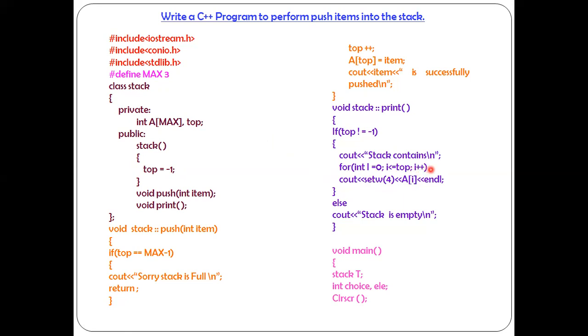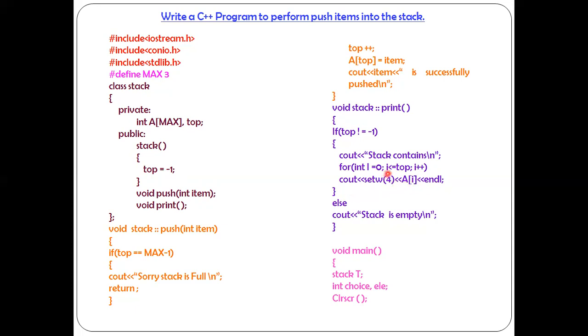Again, it goes to the for loop and i gets increased by 1. Last time it was 0 and this time i becomes 1. That updated value must be compared with the condition: 1 is less than or equal to 2. Yes, it is true, so I execute this cout statement one more time. Setw of 4 again gives 4 horizontal blank spaces to print a of i, that is a of 1. What exactly is the value stored in a of 1? 20. Last time a of 0 was 10, in a of 1 it is 20. 20 will be displayed and the cursor comes to the next line because of endl.